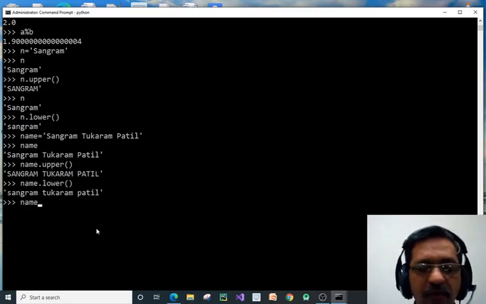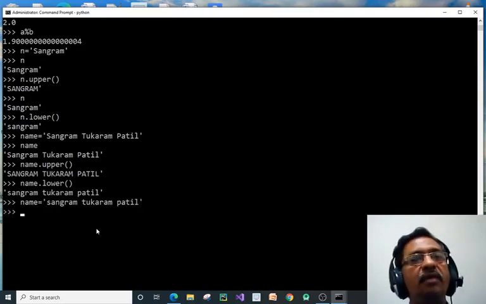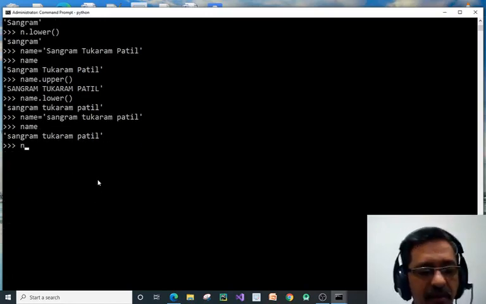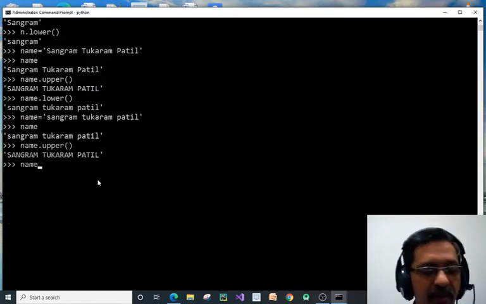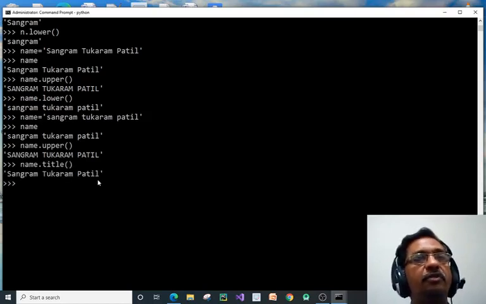Now suppose everything is in small case. If I type name, it will display the name the way I have typed. If I use upper, it will display the name in uppercase. But if I use title, check how it displays.